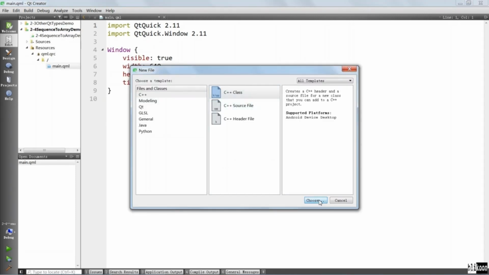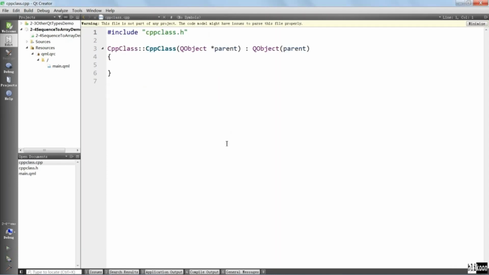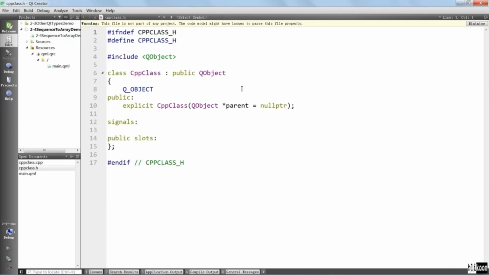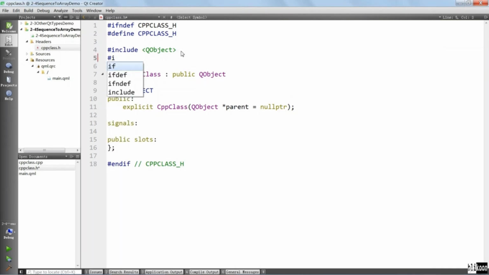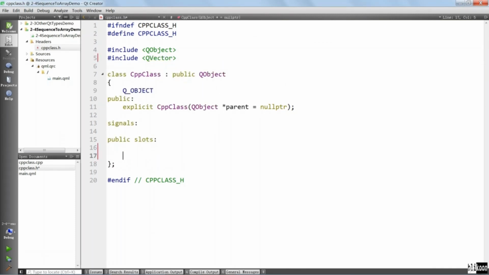We should create our CPP helper class. You already know what we are using in the course, CPP class here. It should inherit QObject. This is the plumbing we need to play with these concepts. We are going to include a vector class, QVector, and define a private section here and put in a vector of strings,